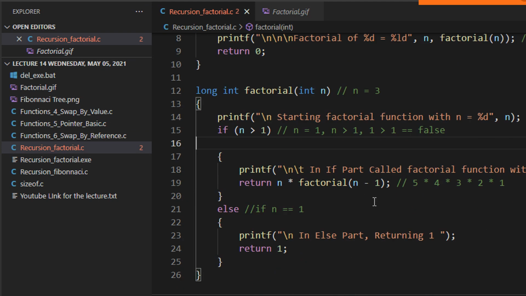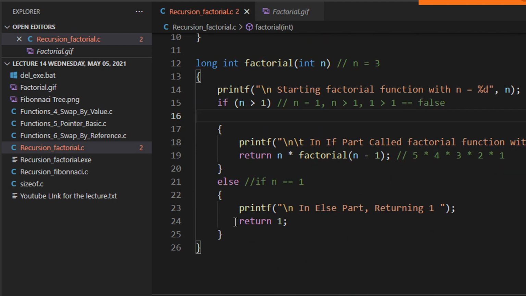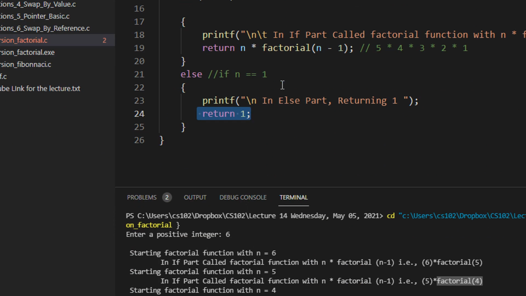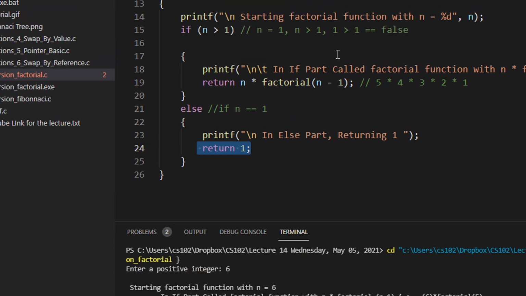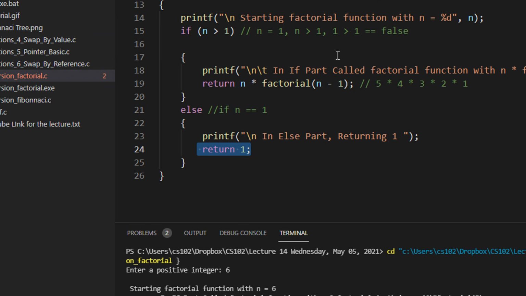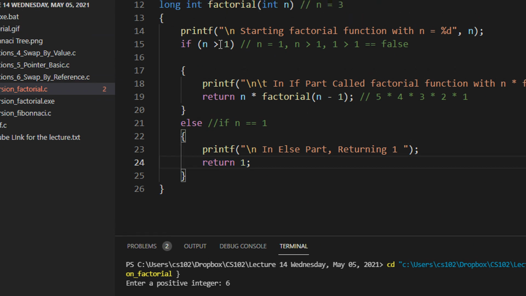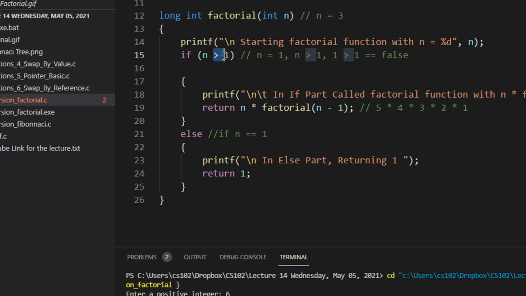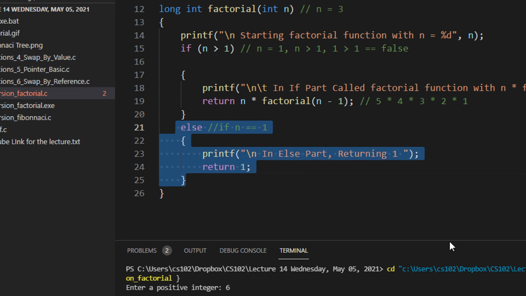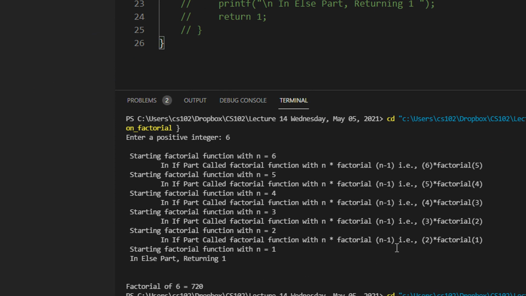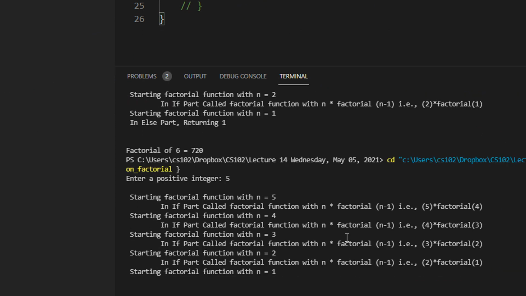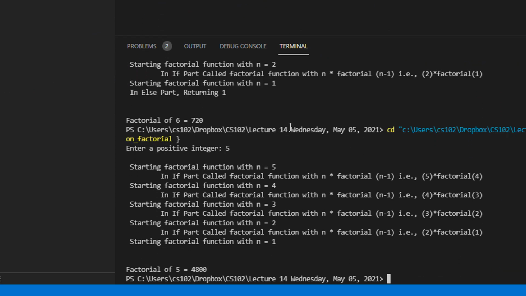One thing about a recursion program is that you need to have an exit clause. I'm just showing you an example with broken code, meaning code that won't work. I'm doing this for n greater than 1, and let's say I fail to place this condition. If I comment out this condition, let us see what happens. Enter a positive number. So it is giving me a wrong output.